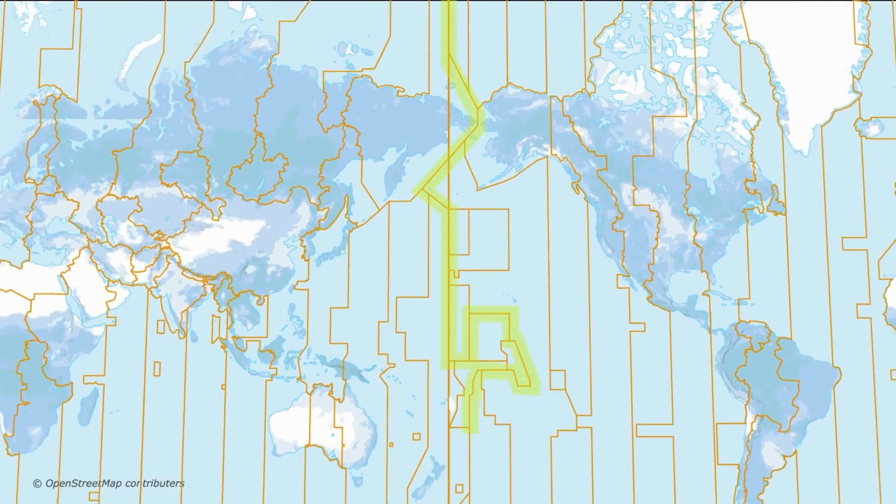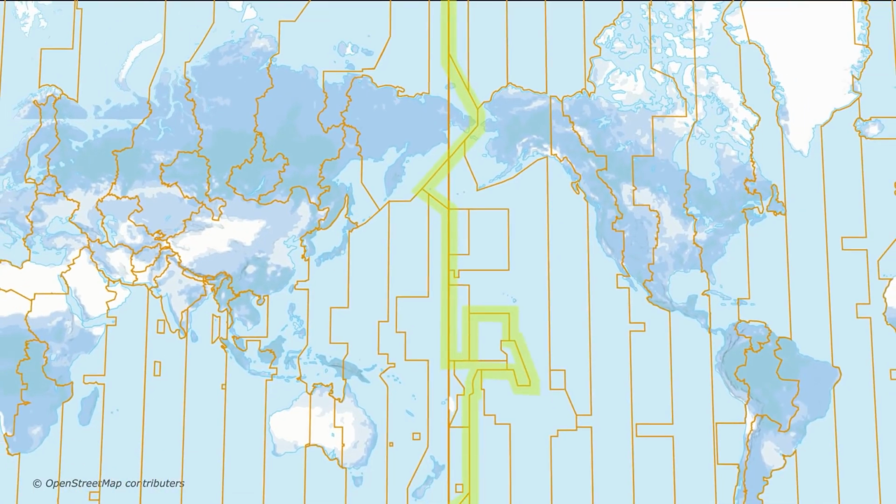But check this out. Once you cross this messy looking line, it's still 4 a.m., but now it's the next day. It's May 29th, 4 a.m. here in Fiji. At the same time, it's 4 p.m. in Greenwich. It's now 4 a.m. the next day, May 29th, 12 hours in front of Greenwich, just by going over this